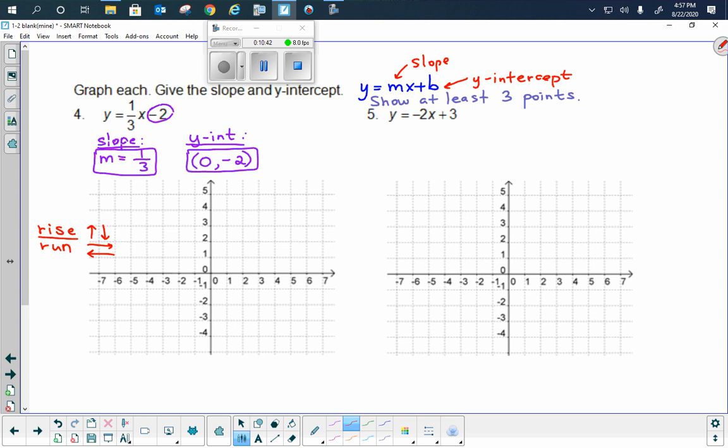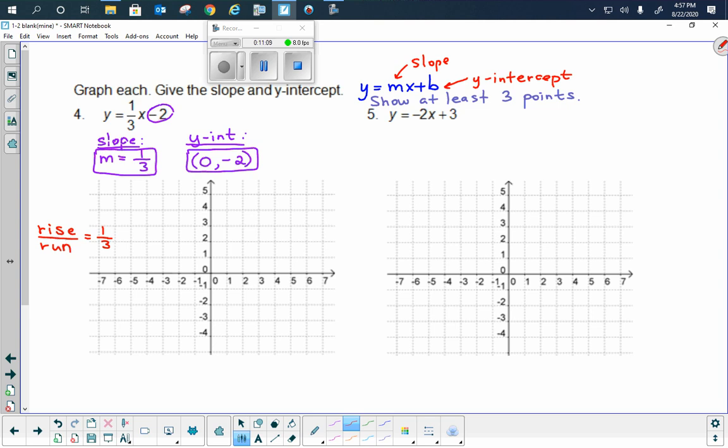So really, when you're talking to me about this, a lot of people say up and over or down and over. Well, the over part, you really need to specify, are we talking about left or right when you're trying to help somebody with this? So if my slope then is, I'll take that away, if my slope is really 1/3, I like to say that I know